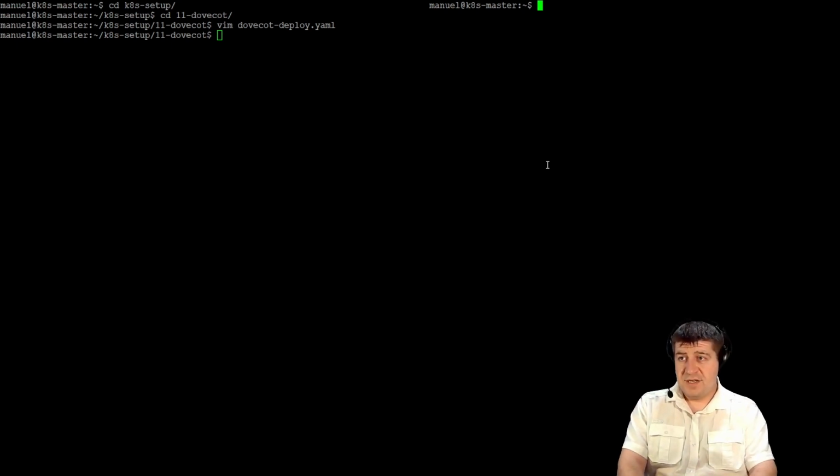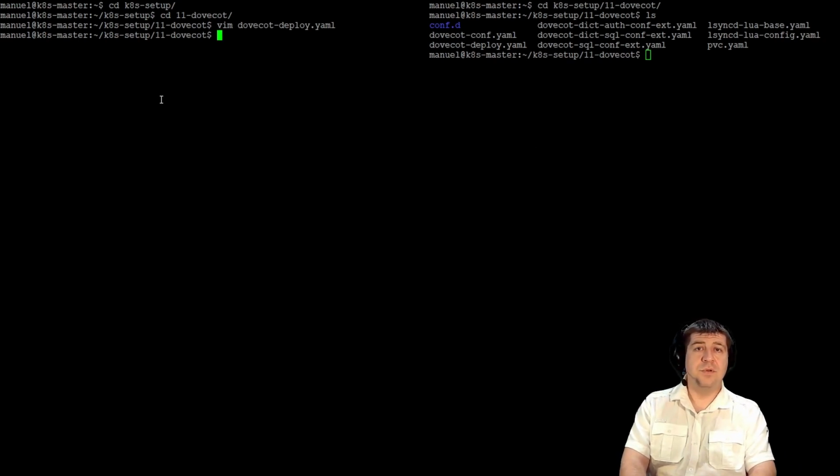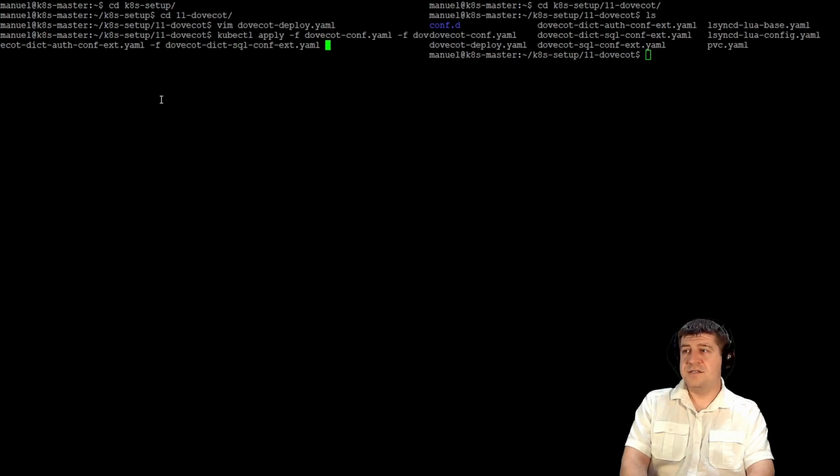To make life a bit easier, I'm going to bring up the configuration maps on the right hand side and start deploying these maps into the cluster. We'll start with kubectl apply -f dovecot conf -f. We have to skip the deployment, obviously. That comes last, so the next file would be dovecot dict auth conf ext YAML. The next one would be dovecot dict sql,